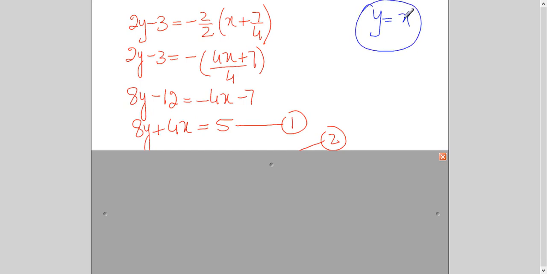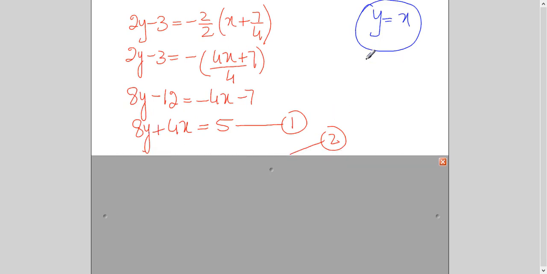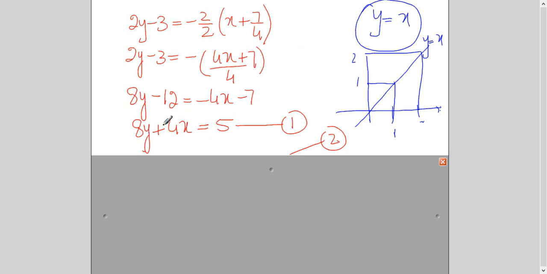So I will plug in this value of y here. And by the way, I'm sure you know one more concept, because it's good to know all the basic concepts. When you have a line y equals x, it passes exactly through the origin of the x and y axes, and whatever the value of x is, the same is the value of y. So if this is 1, this is 1. If this is 2, then this is 2. So I am substituting x in place of y.